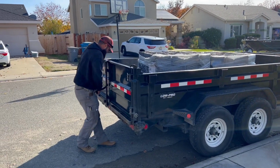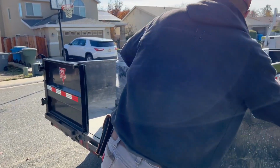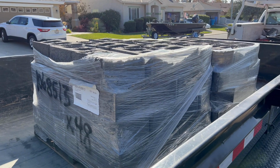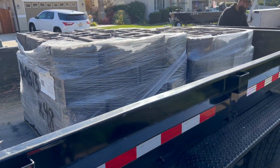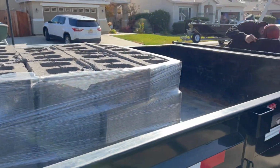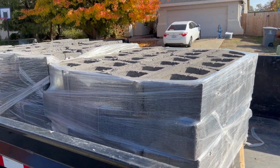Well, look what the wind blew in. My boy, Dennis Riesche, the global warmer, baby. We have 2 pallets of cinder blocks, 48 to a pallet. I don't know, we'll just do the quick math. We'll just call it 96 or something, I believe. Your boy has to unload these because my boy, Dennis, is gonna be cutting some cinder blocks, customizing it for